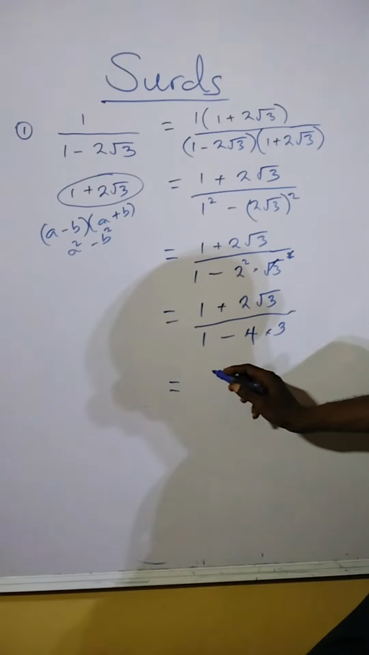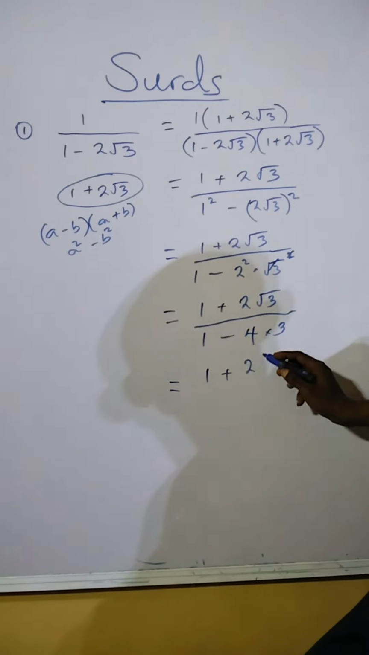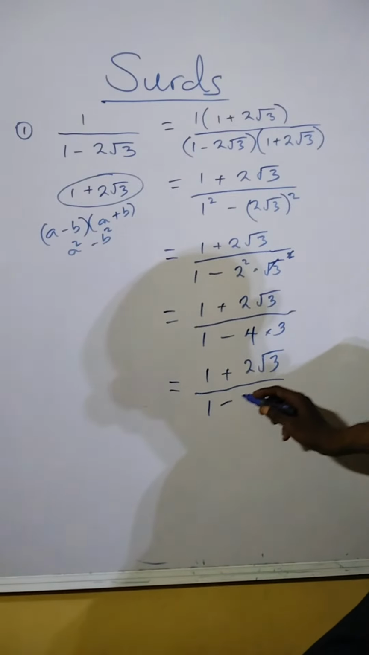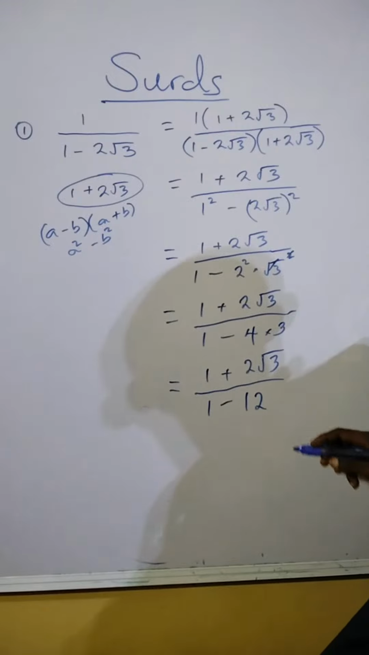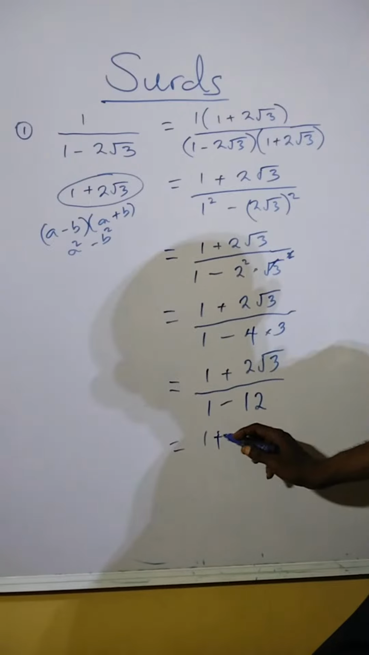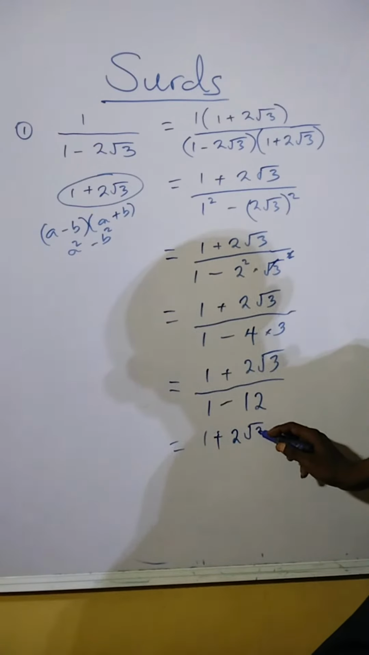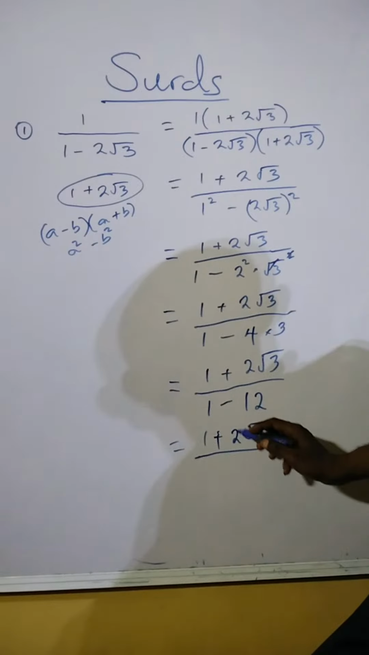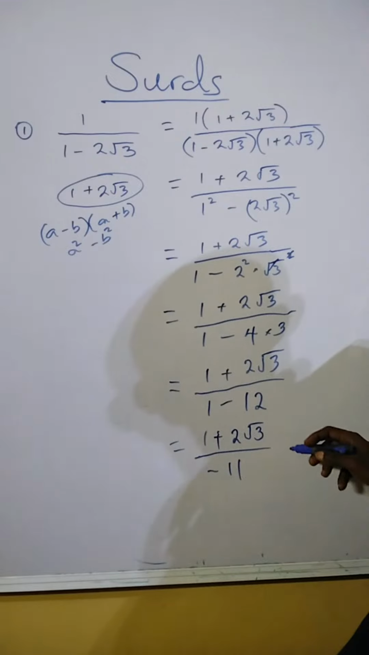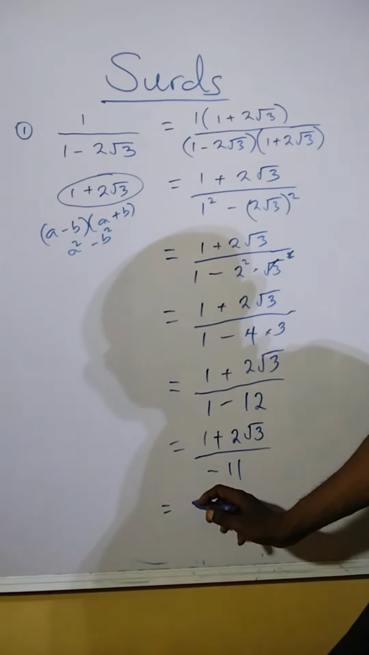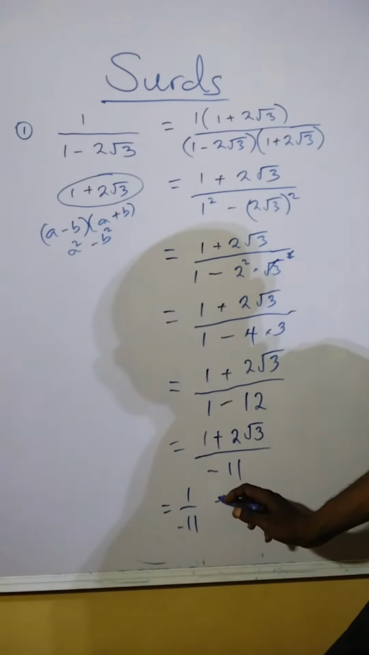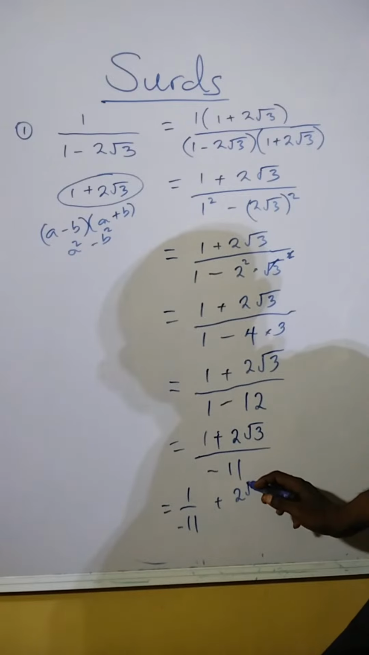Then we have 1 plus 2 root 3 divided by 1 minus 4 times 3, that's 12, which is same thing as 1 plus 2 root 3 divided by 1 minus 12, we have minus 11. And we can separate this into two fractions. That is, we have 1 over minus 11, then plus 2 root 3